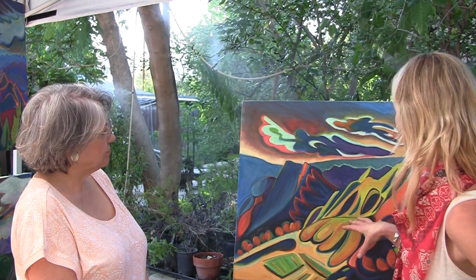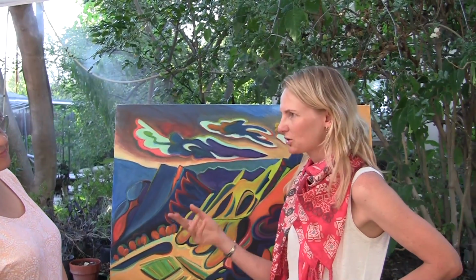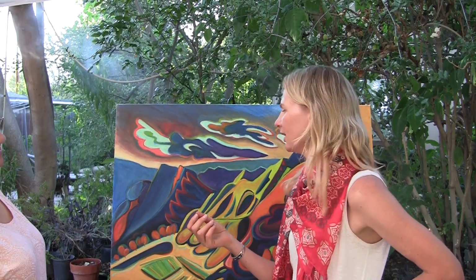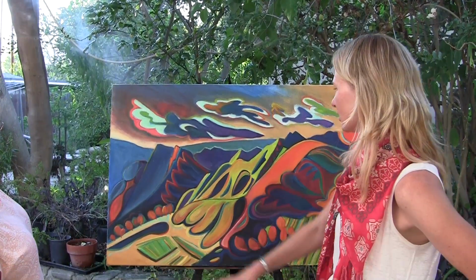So often I'll paint a place that I'm quite familiar with because I've been there many times, and I visit it. So Ojai is one of my favorite places to paint. This is Thatcher School here, and things appear when I don't really think too much or plan too much as I paint. So in this one, even though this is Thatcher School in the Gymkhana field here,